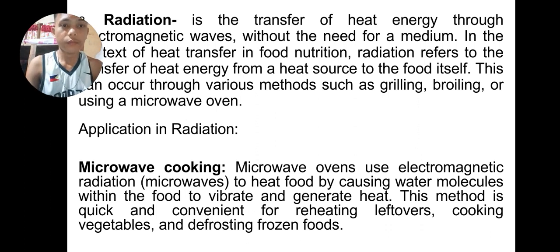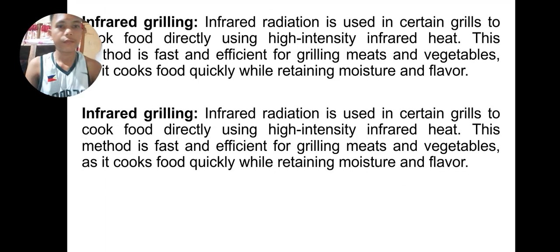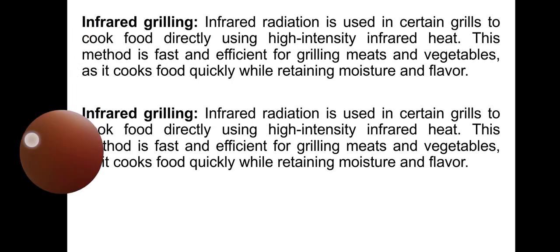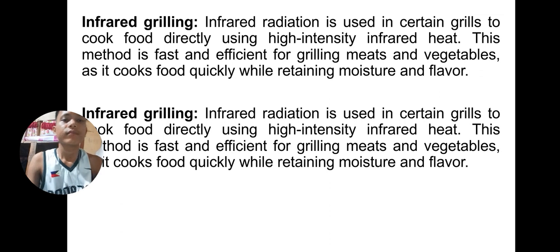So next is infrared radiation. Infrared radiation is used in certain grills to cook food directly using high intensity infrared heat. This method is fast and efficient for grilling meats and vegetables as it cooks food quickly while retaining moisture and flavor. So infrared radiation is